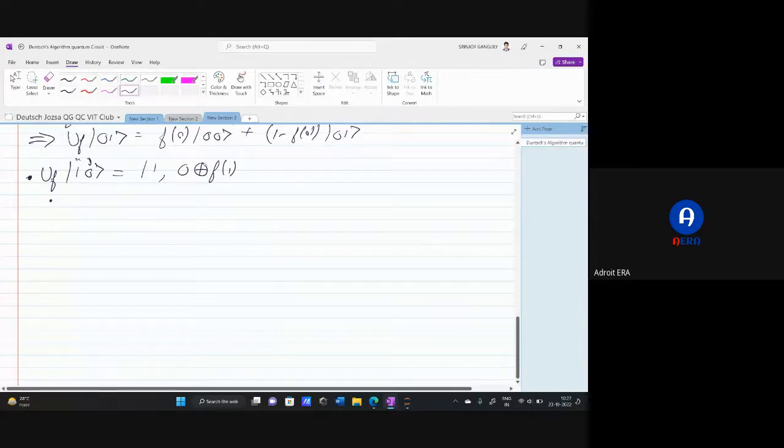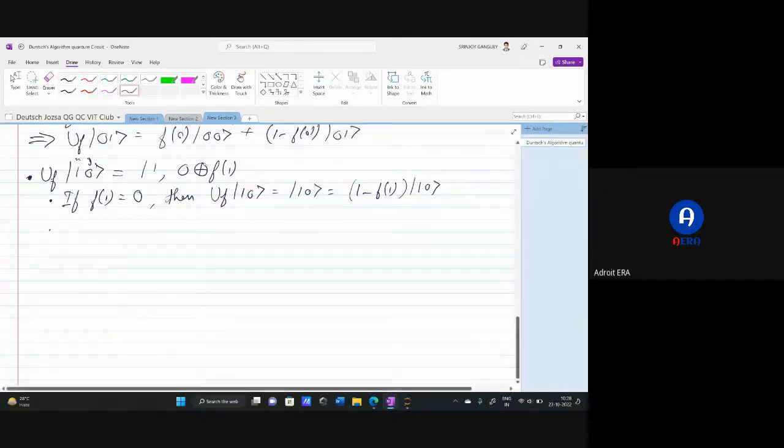Okay, if f of 1 is equal to 0, then what will happen? So f1 is equal to 0. So again, for both the output results, we can have uf 1 0 is equal to 1 minus f of 1 times ket 1 0. Okay, so if you know the first uf applied to ket 0 0 calculation, the